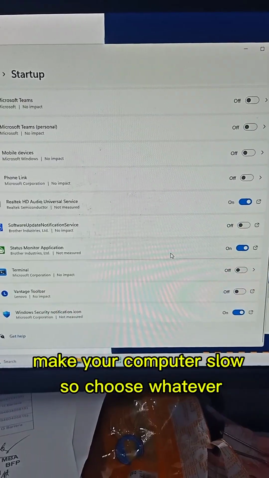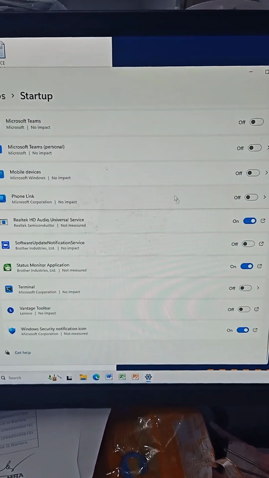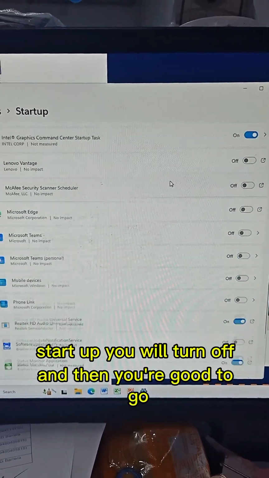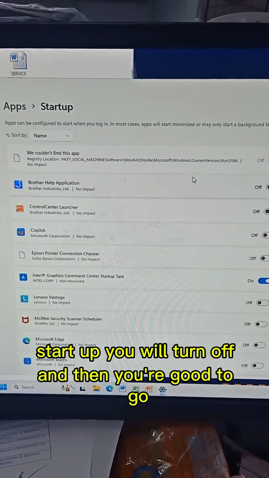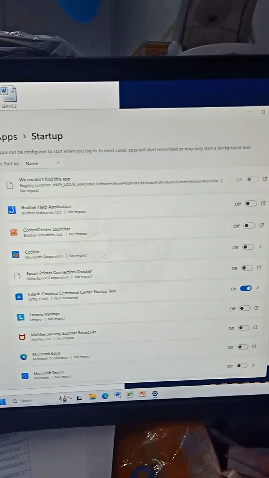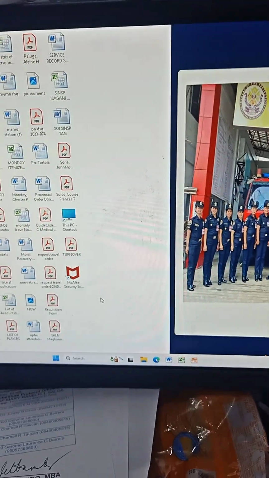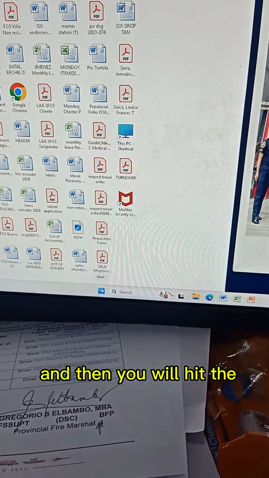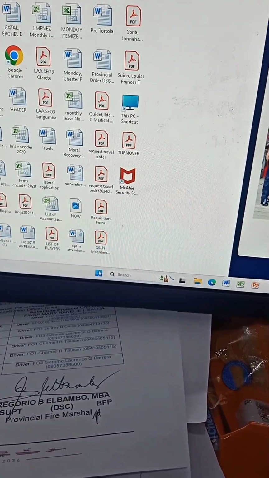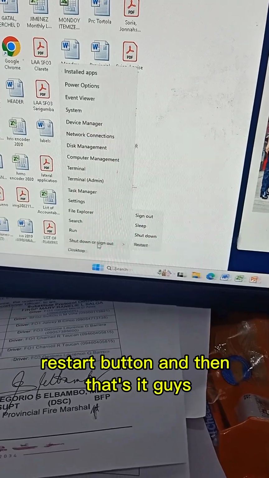So choose whatever startup apps you want to turn off, and then you're good to go. After that, you will close the app, and then you will hit the restart button.